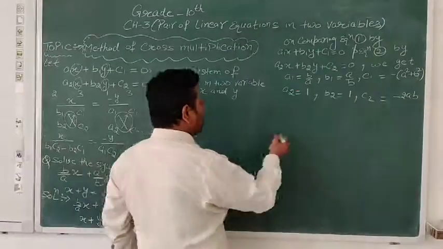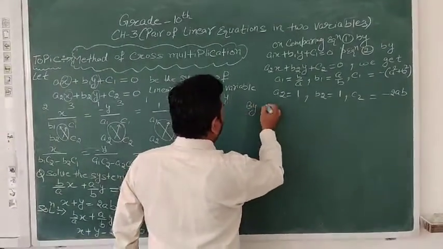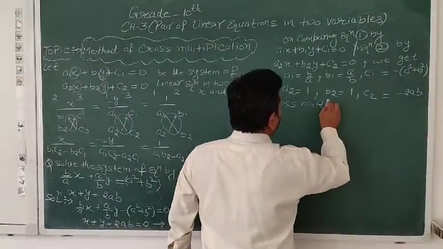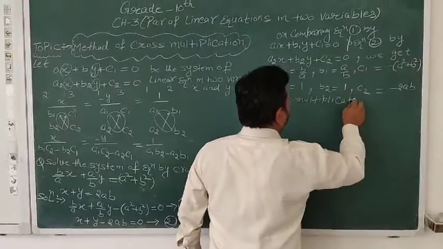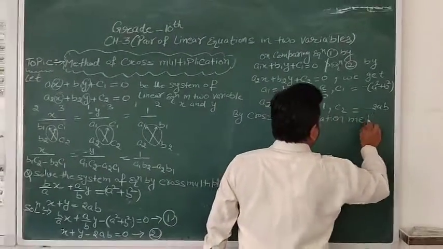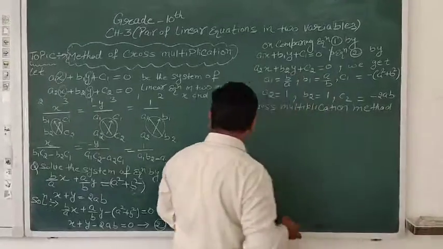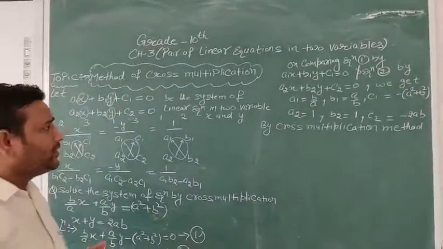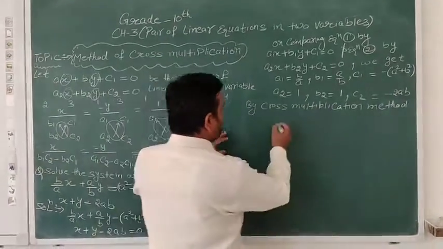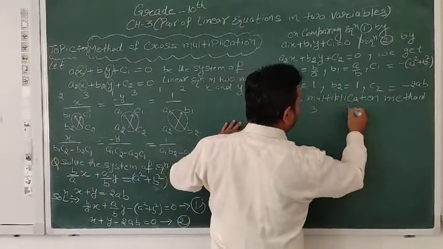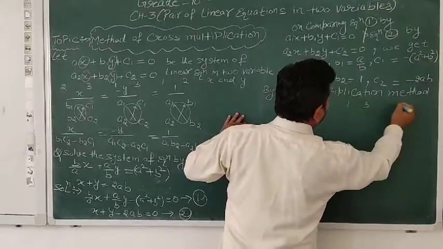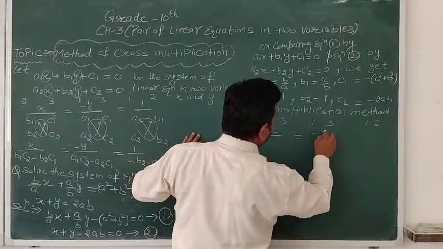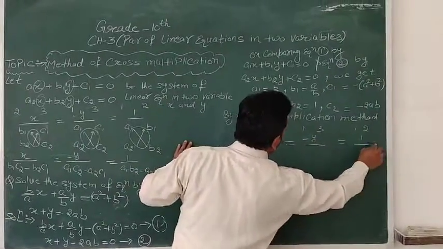So let us apply the formula by the cross multiplication method. What do we get, guys? Now it is time that you write your method, your formula. According to that, what I suggest is 23, then 13 students, 13 and then 12. Be careful. I am writing here x upon something is equal to minus y upon something is equal to 1 upon something.